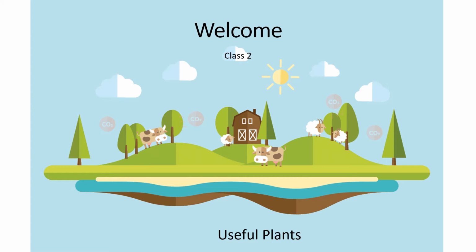Children, you know, God doesn't create or make anything useless. All the natural things we see around us are made by God and He has a reason for making everything, so that we could use them. So here we are going to learn about the useful plants. Yes, chapter 3, useful plants.